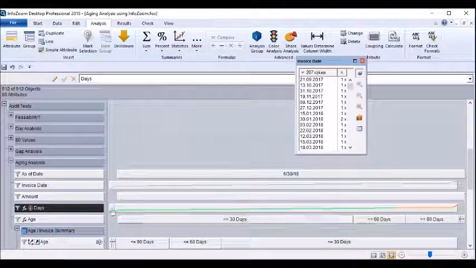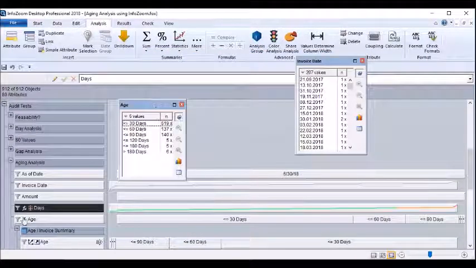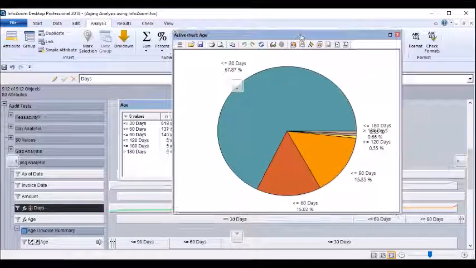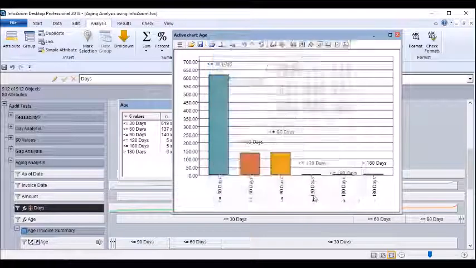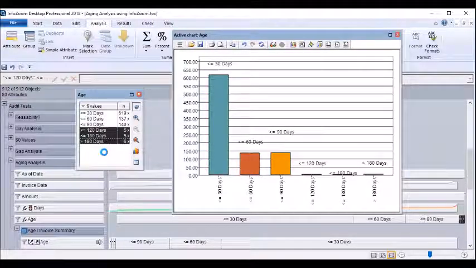Once you do that, it's pretty straightforward to see the funnel. Hit that little funnel there, and then you can see the distribution of the different days. I often like to do a graph of it, probably a bar chart makes more sense, but you can see the distribution here, the number of transactions that are less than 30 days, 60, 90, etc. So it's these three I would probably want to spend more time looking at, in this case, these 16 different